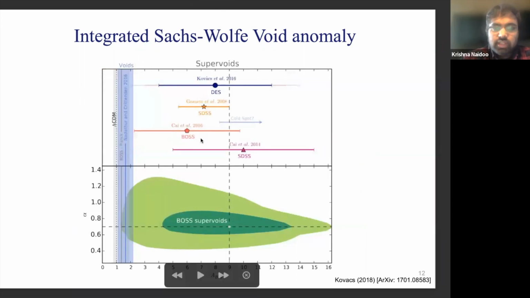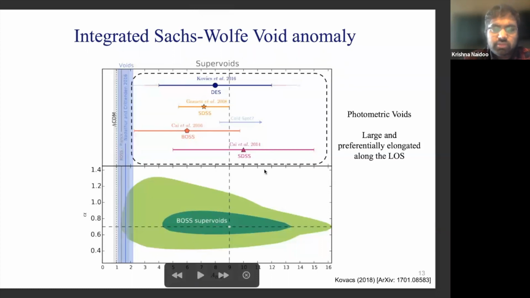And here is a plot showing several measurements. These measurements here are from photometric voids. The reason I want to specify these are photometric is because photometric voids tend to be larger and also elongated along the line of sight. And this is just because the position of galaxies is not as well known radially. So you get this effect in photometric surveys where you can really pick out these elongated voids along the line of sight. And if we look at the ISW,